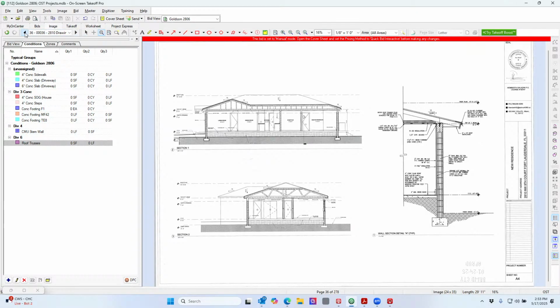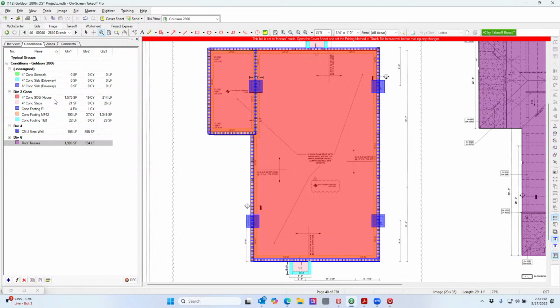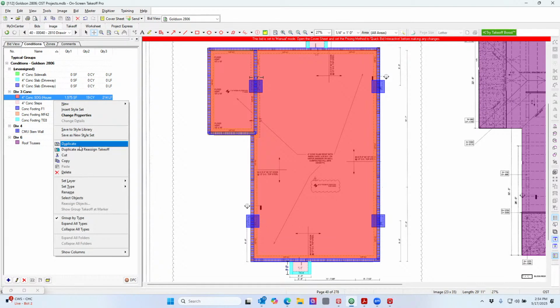Can you take off the soil for the stem wall? You mean the field that's going in there? Yeah. Not based on the stem wall. I would do this if I just wanted a separate item. I would just duplicate this,